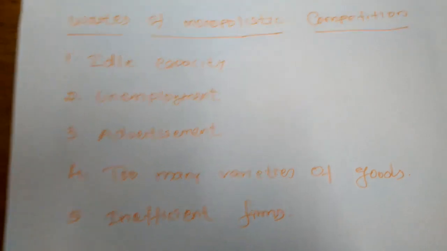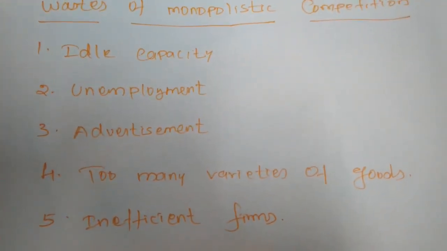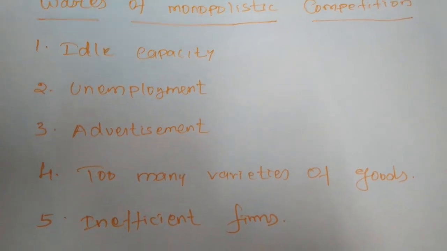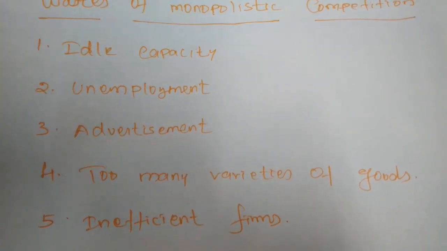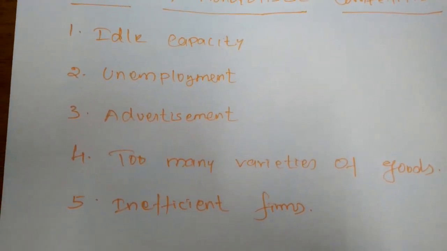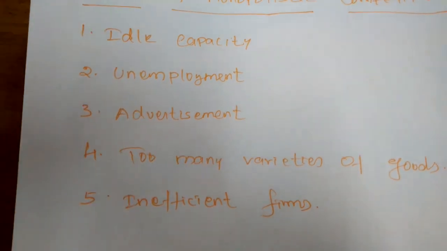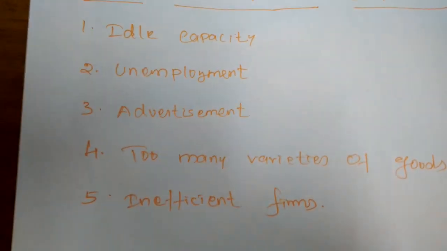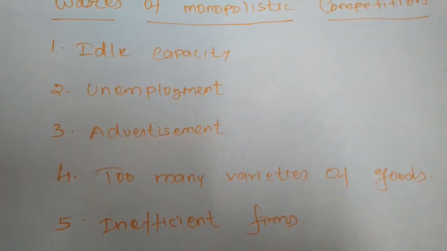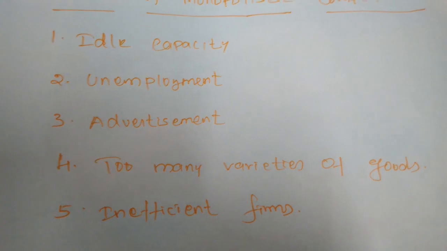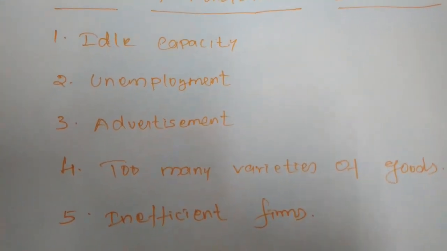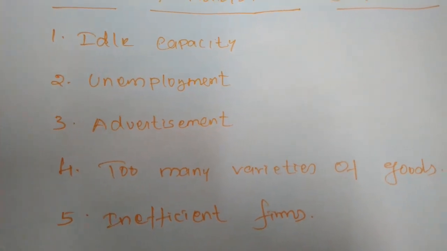So even if the firm is able to produce more commodity, it will not be produced. It will not be using the resources at the optimum level. This is done mainly to create artificial scarcity and raise prices. Even if the firms have the power to produce more supply, they will not increase the supply, and because of that they will create artificial demand.